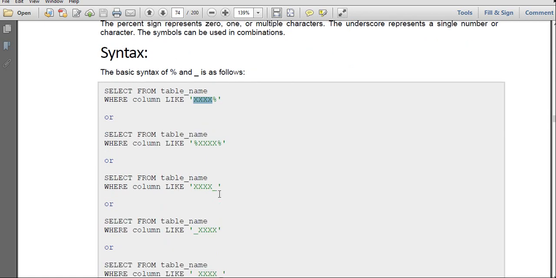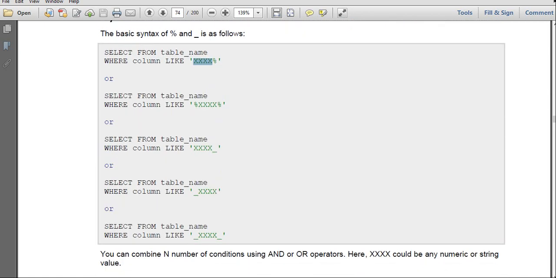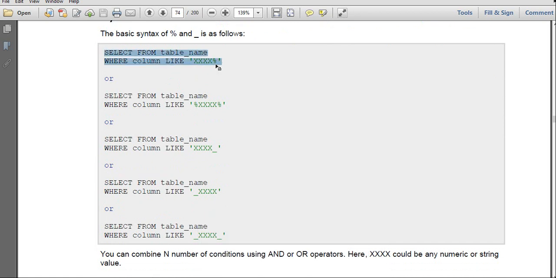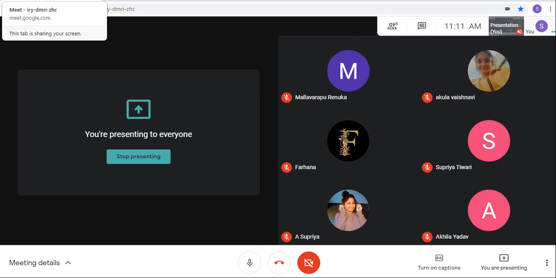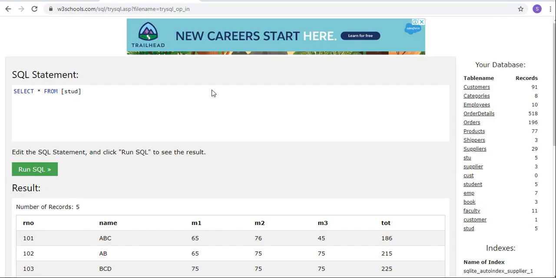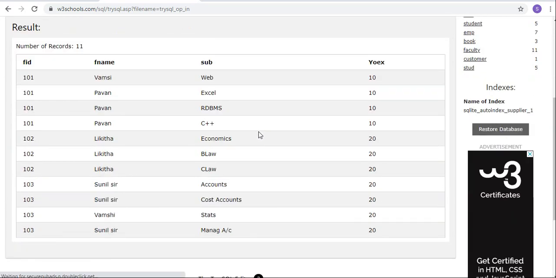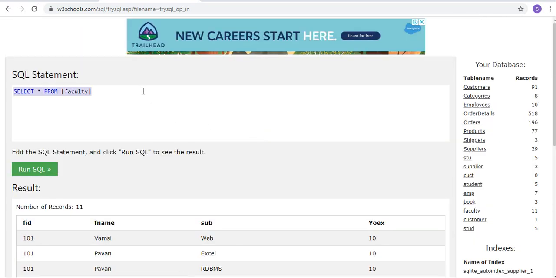Here for this we'll go with a simple example. Now we'll go with this faculty table. Select from, what is the table name?